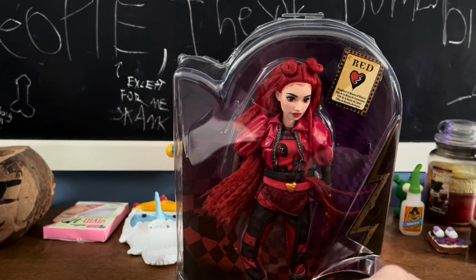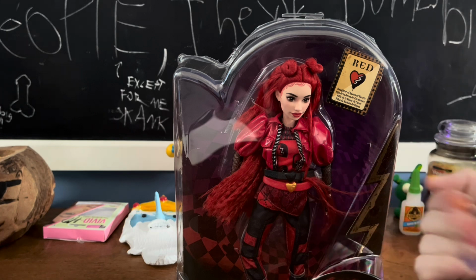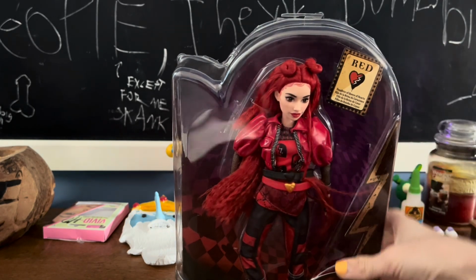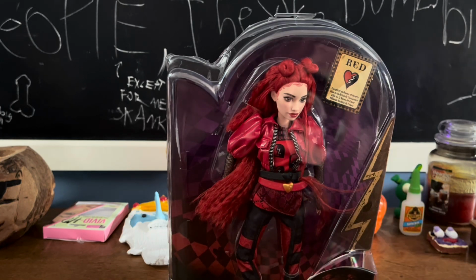Because Juliana has an interesting outfit. I don't know if I'm going to like it. So I wanted to see her in person. But it's okay if I don't end up doing so. Then all the slime cookbook dolls, I had to order red because I'm